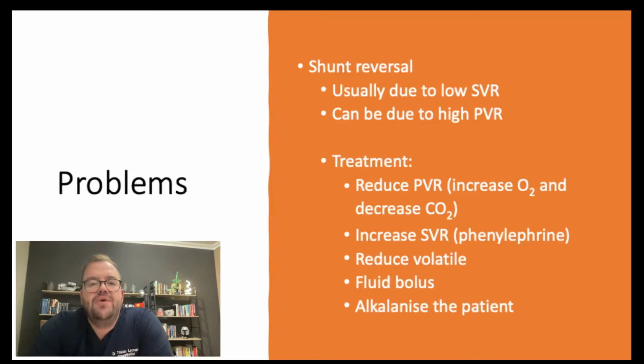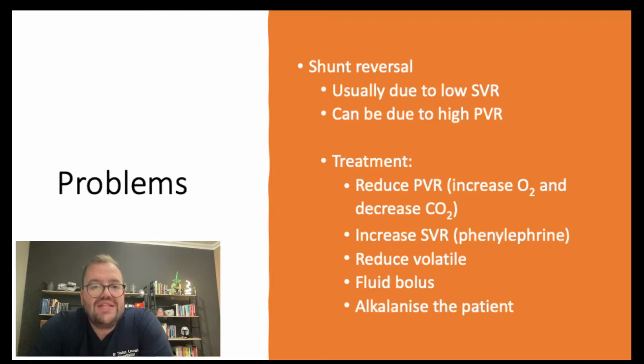Now, you need to keep in mind, and it can be very disconcerting, guys, these are young kids with immature reflexes and receptors. So you need to give a big dose, 5 to 10 mics per kilo as a bolus. Reduce your volatile to 1%. Give a fluid bolus of 20 to 30 mils per kilogram, and then alkalinize the patient if you really are